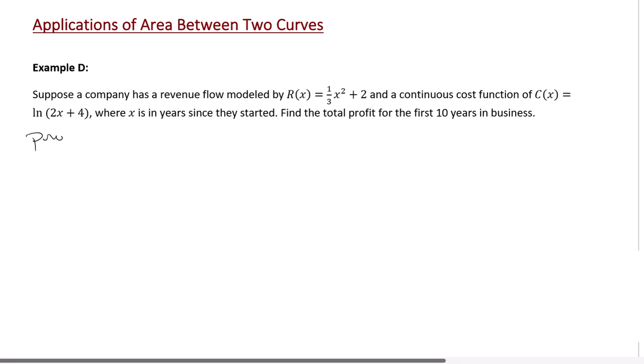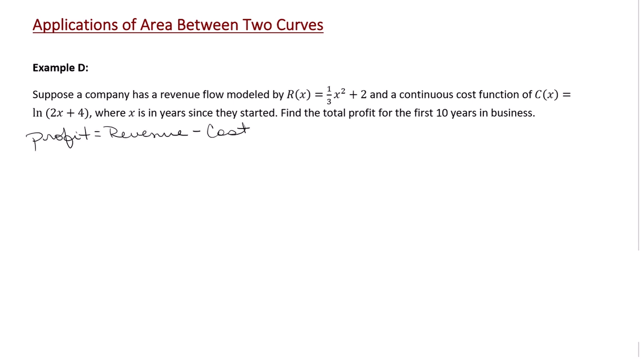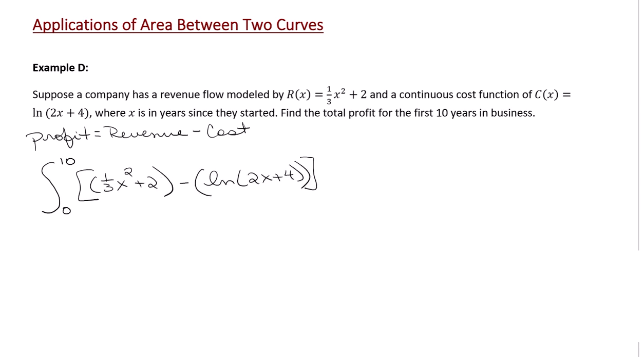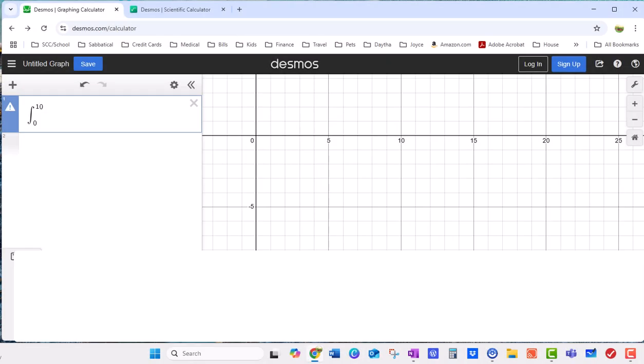They want us to find the total profit for the first 10 years of business. Let's recall that profit equals revenue minus cost. So we want to find that area between the revenue function and the cost function. So the first 10 years would be from 0 to 10 of our revenue function minus our cost function. And again, we can put this in our calculator and we get approximately